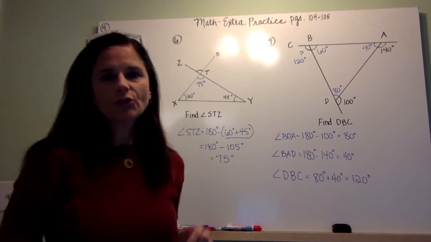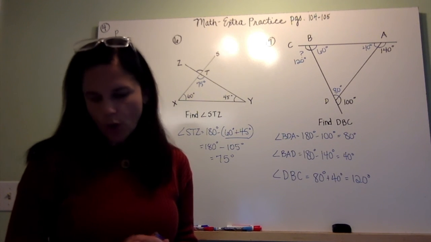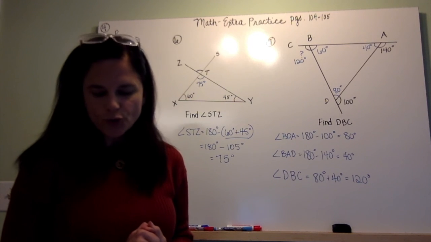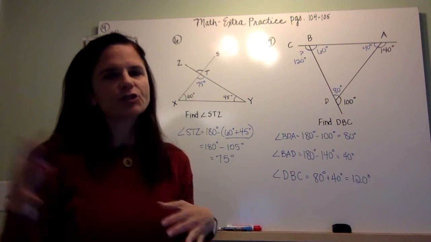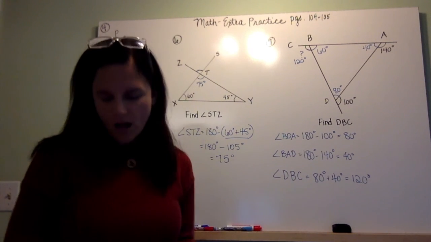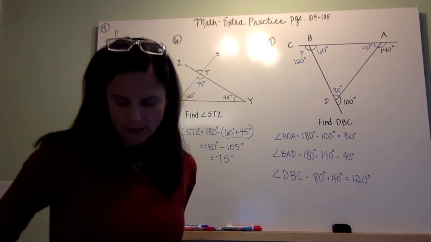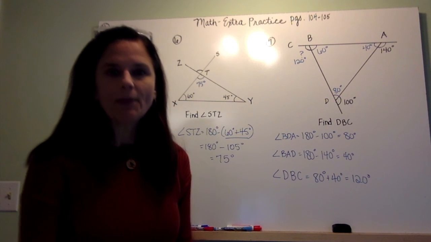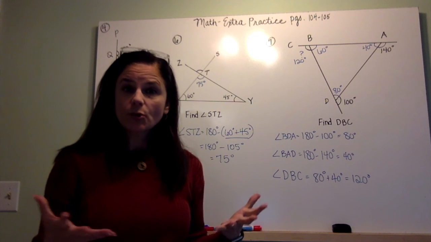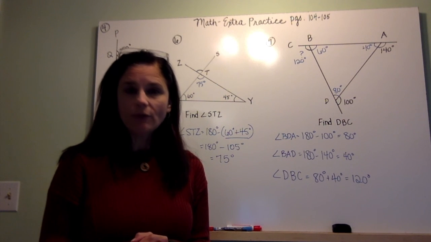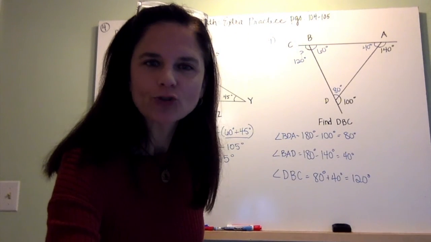What I'd like for us to do is, when we meet on the WebEx meeting on Thursday, go over numbers 8 and 9 together. Those are, I would say, particularly challenging problems, but really a lot of fun and a great way to put together all of this knowledge of angles and triangle properties. So we'll do 8 and 9 together during the WebEx meeting. If you can't attend that meeting, I'll be glad to post those solutions, and you can try those on your own and double check your work. But in the meantime, we'll meet again as we work on triangles and unknown